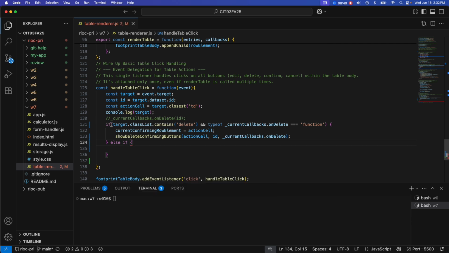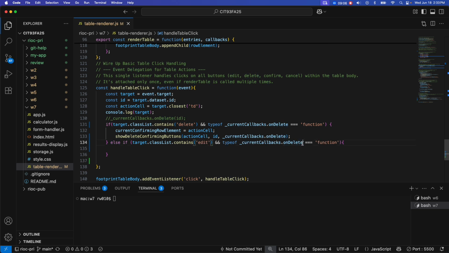So let's actually grab this, because what's going to be different here? Yeah, okay. So if the target class contains edit